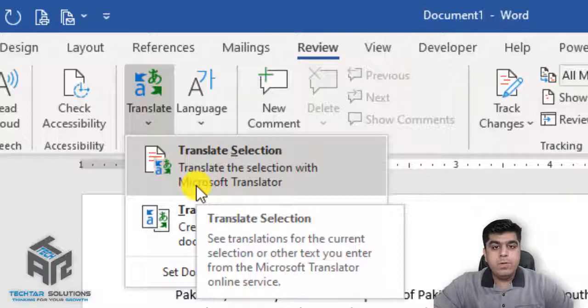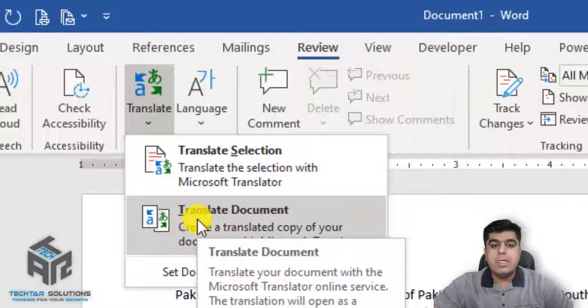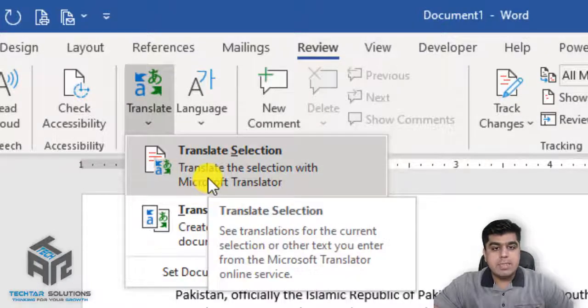When you want to translate some part of text, you can take help from Translate Selection, and when you want to translate your complete document, at that point of time you can take help from Translate Document. So at this point of time I am taking help from Translate Selection.